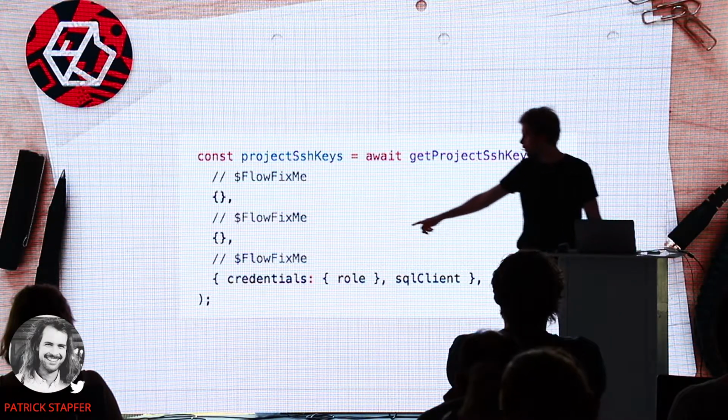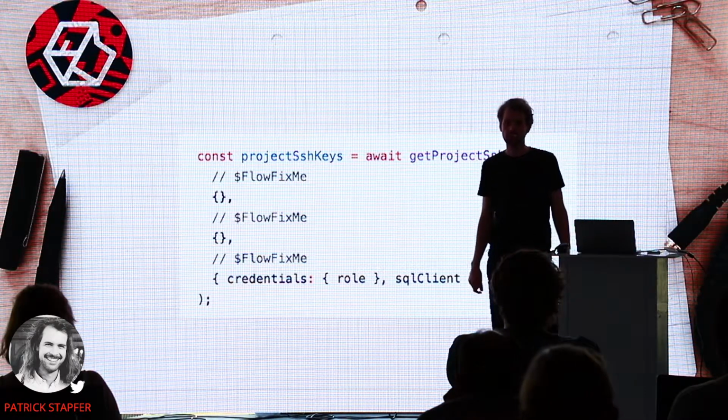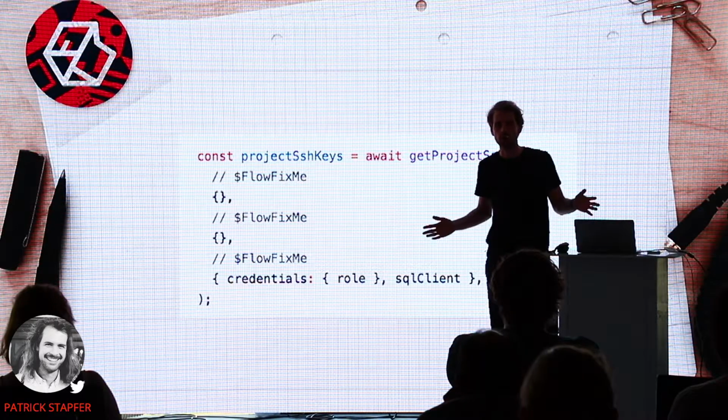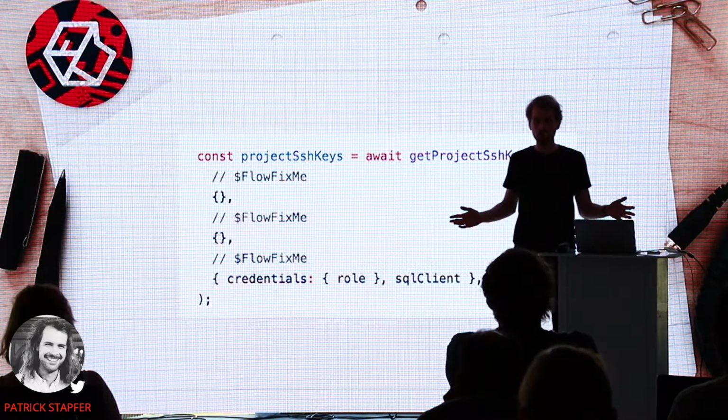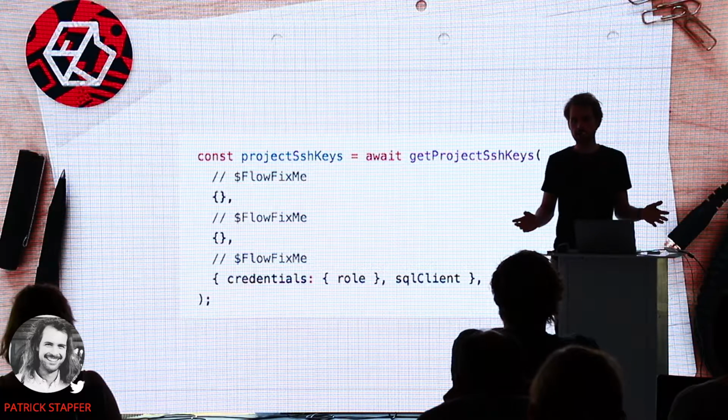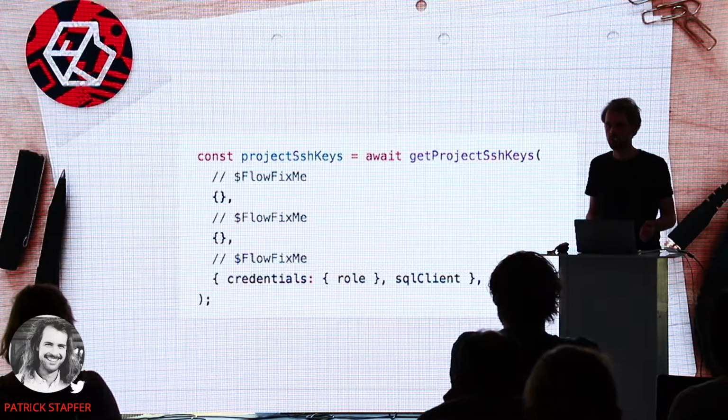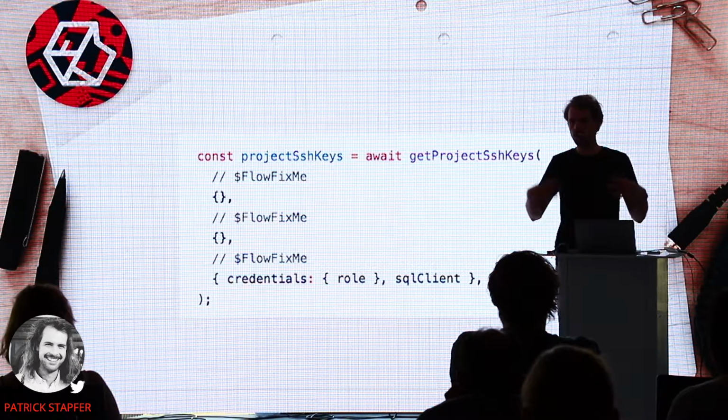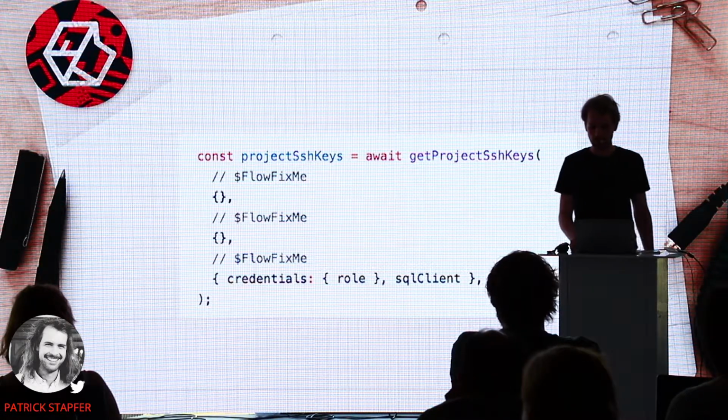So what we did was we introduced flow fix me statements, which basically opted out of the type system. So now you have type holes in the code base where the type checker can unintentionally infer the wrong types at any position in your code, depending on where you define the border with type annotations.